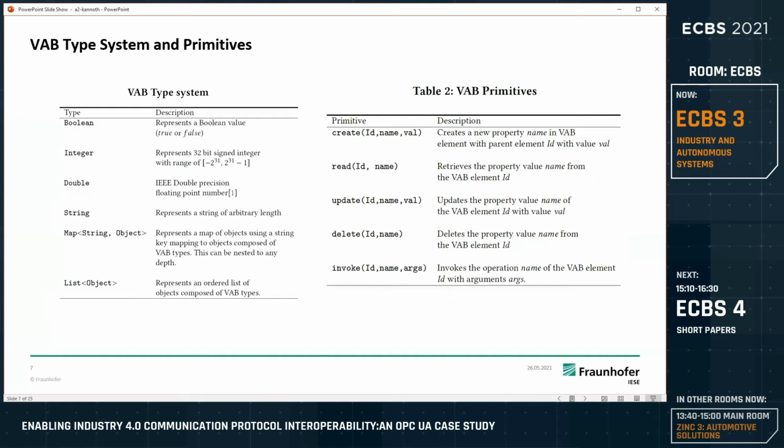The basic type system of the virtual automation bus is shown here, and table 2 shows the primitives it supports and the actual semantics of them. What does it mean with these primitives? We have chosen these types mostly because most programming languages support all of them: base types like Boolean, integer, double, and string, and composite data structures such as map and list. With this, we can express a very large extent of